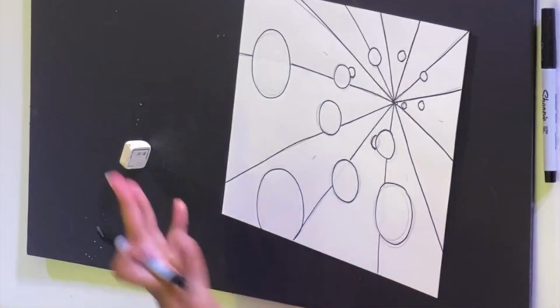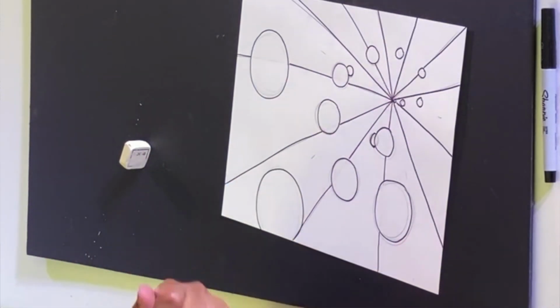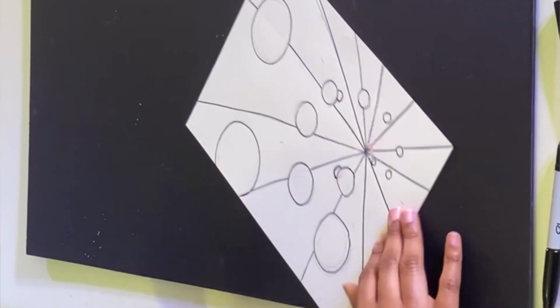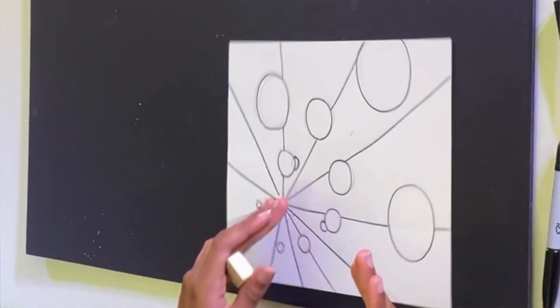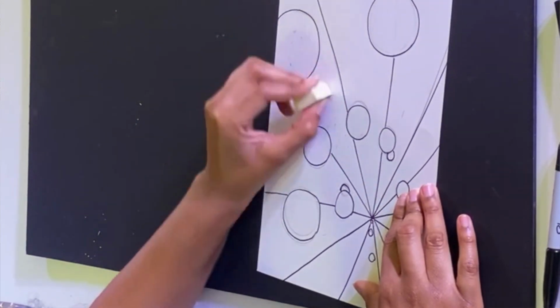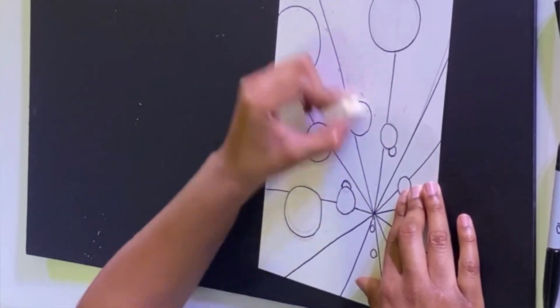So those are all of the lines. I'm going to erase all of my pencil lines and then I'm going to start coloring. And as you're working on this, just like with a lot of artwork, if you flip it and maybe you like it one way, that's not the way that you started it, that's completely okay. Maybe that's the way that it is for you. I think I'm gonna actually end up liking mine another way